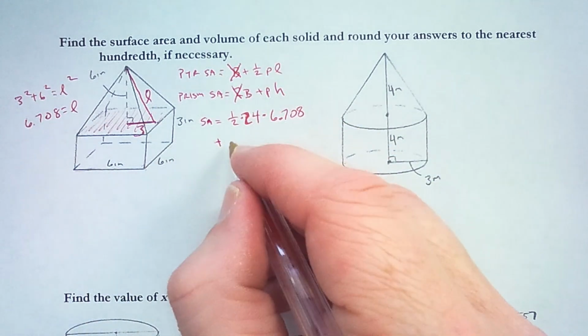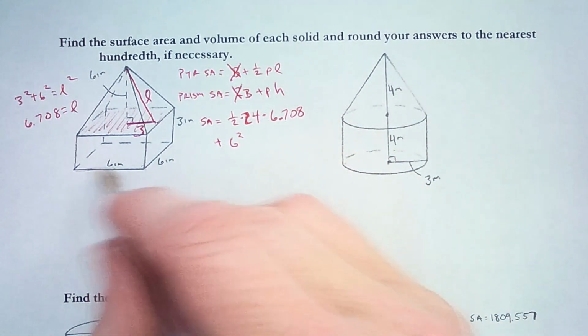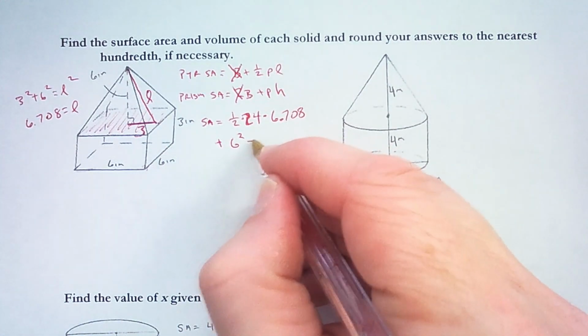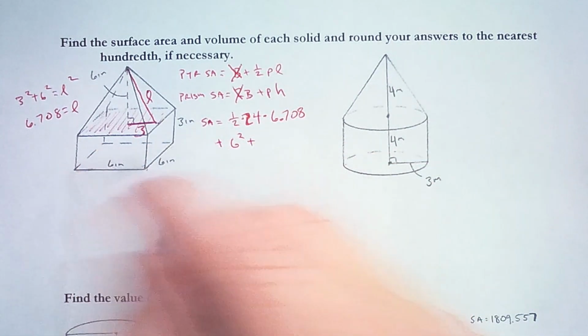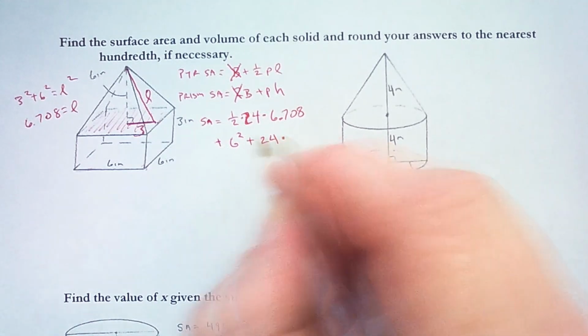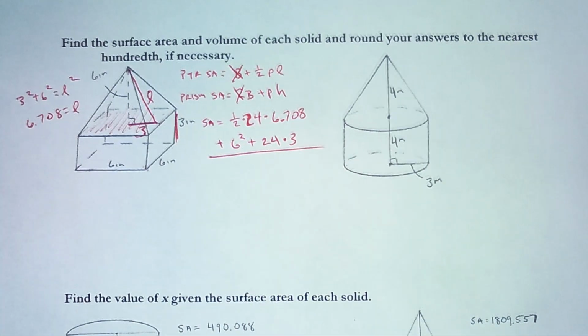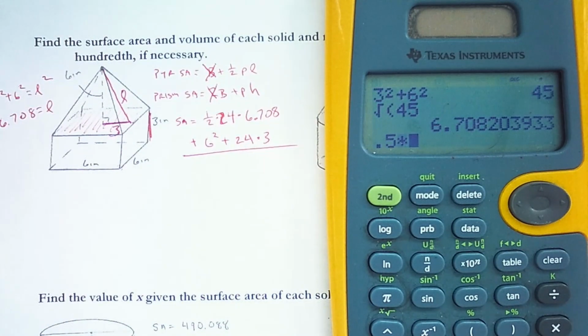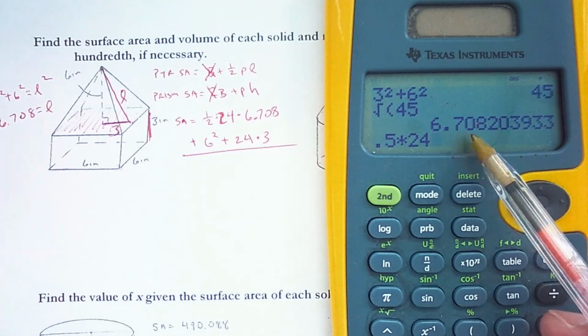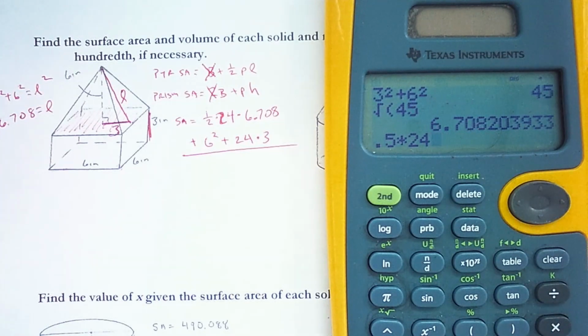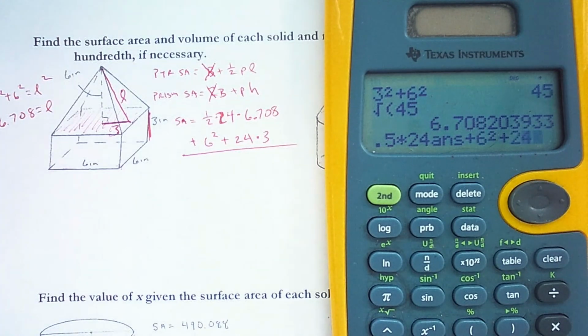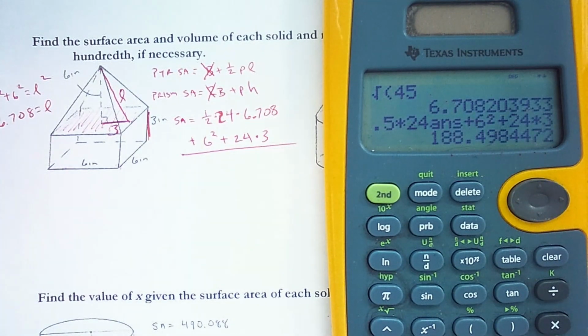of the prism, which is the area of just one base, and that's 6 squared, because it's a square with side length of 6, plus the perimeter, 6, 12, 18, 24, times the height of the prism, which is 3. So half times 24 times 6.708, or I can be even more precise by just bringing in that previous answer, plus 6 squared plus 24 times 3. And I get